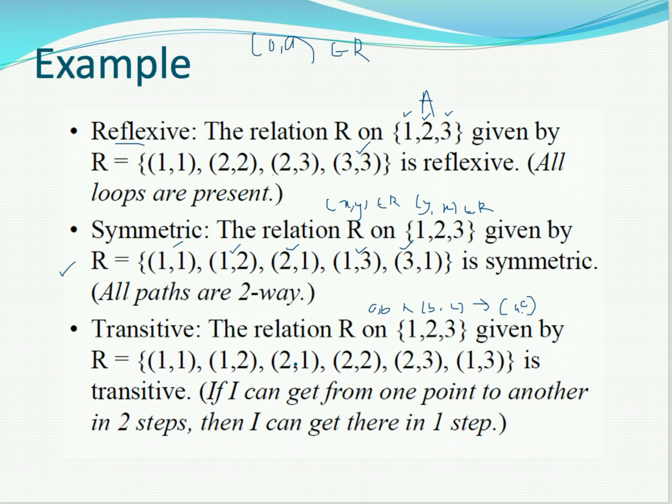AC. Next we have 2, 2. We have 2, 2, 2, 1. Then we have 2, 1. So AB, BC, AC. Alright. And then next, we have 2, 2, 2, 3, and we have 1, 3. So it looks like we have all the elements. So we can say that this relation is transitive. Alright. So now,